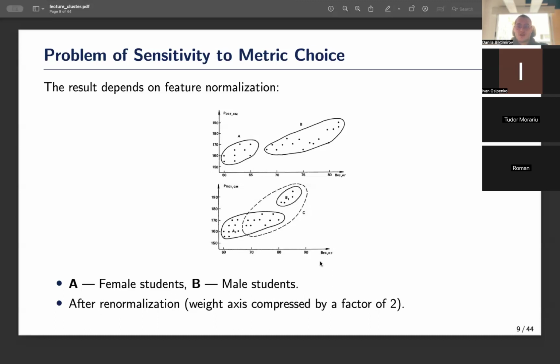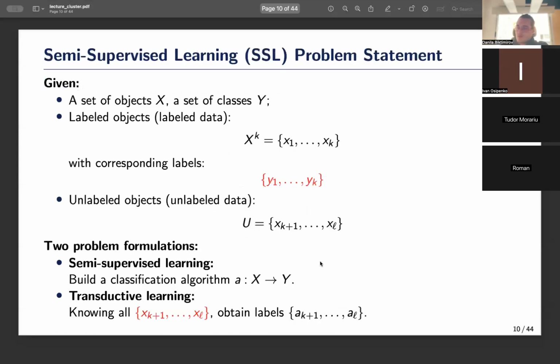This demonstrates how clustering results depend entirely on the choice of metric. However, for the sake of the discussion, we will assume that some reasonable and correct metric had been provided to us by someone of higher authority, and we will not question it. If the metric changes, the clustering results will change as well.